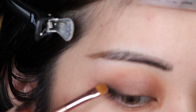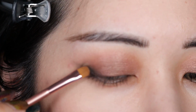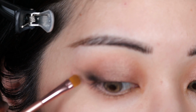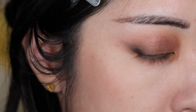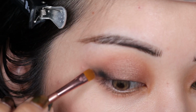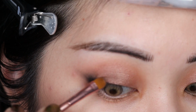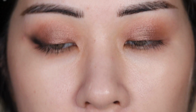I'm literally just applying minuscule microscopic amounts at a time. It is very black and it is very matte, and by applying a little bit at a time, I will say it is blending. It does blend. It doesn't just stay in one spot. So it is not a bad black. It's just, it is very black, so the name is accurate. And for someone like me, it's just not really something I necessarily have the skill to work with, I don't think. But it is really nice though, you can see it does add a lot of depth